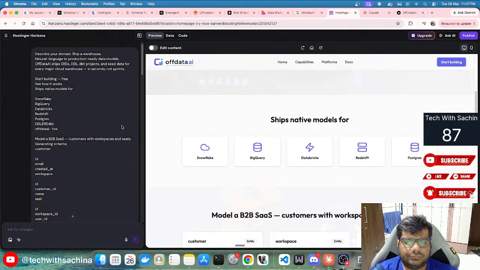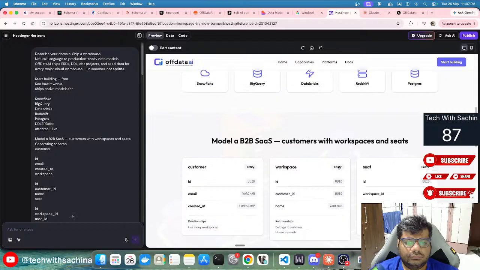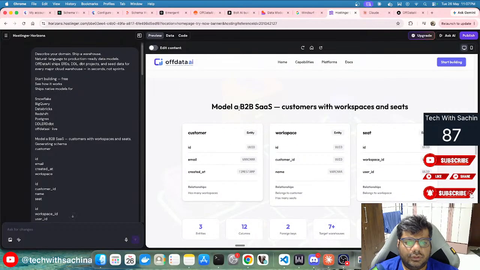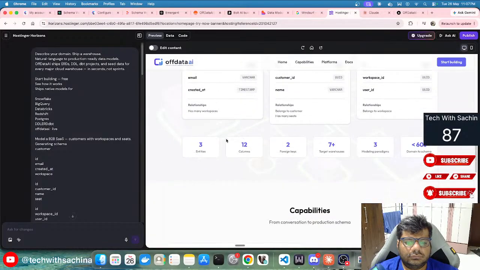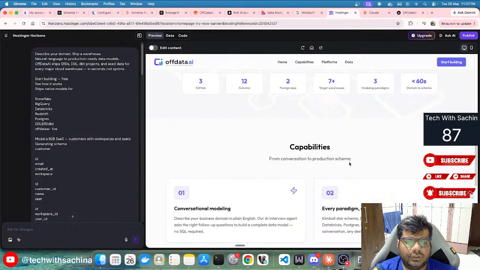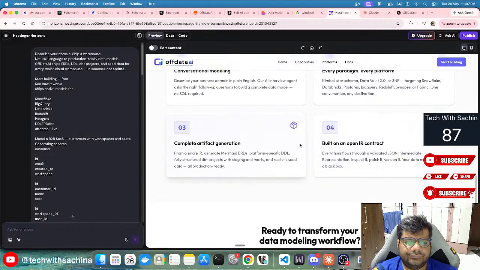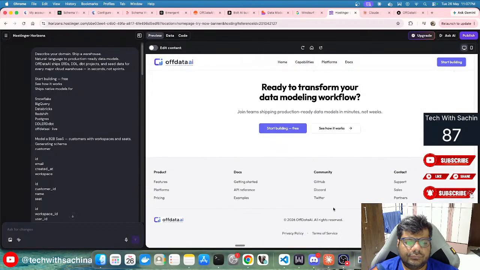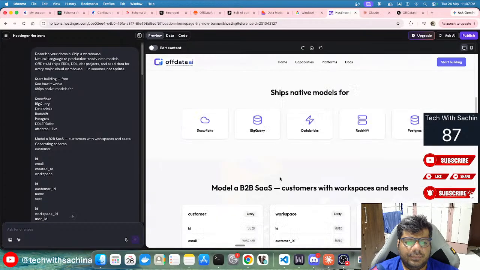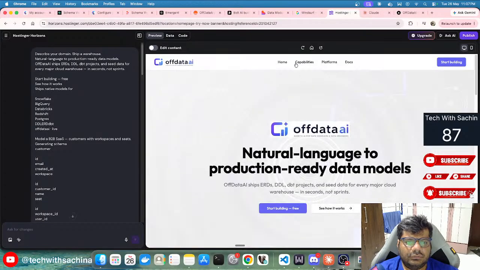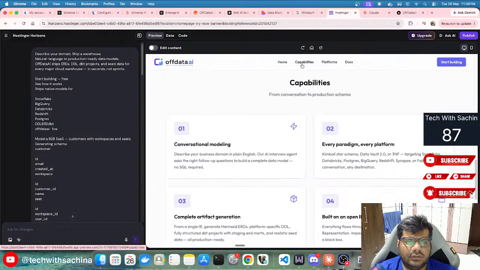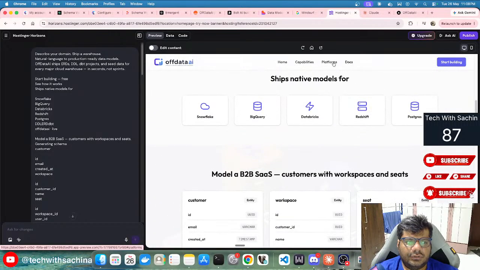Okay, what is this? Model of B2B SaaS. Okay, it's a pretty basic website, guys, right? So I can't see much of a value out of this website, right?